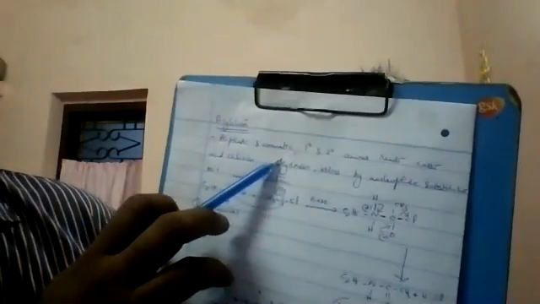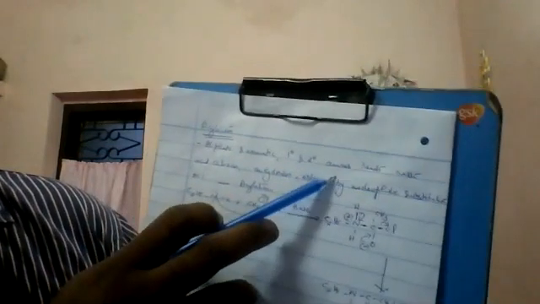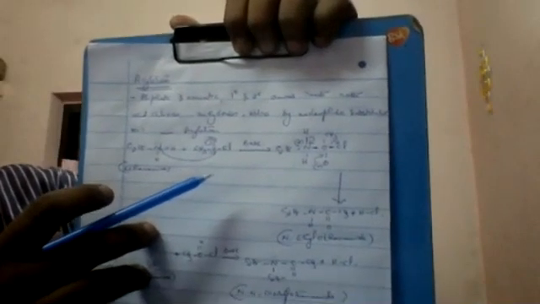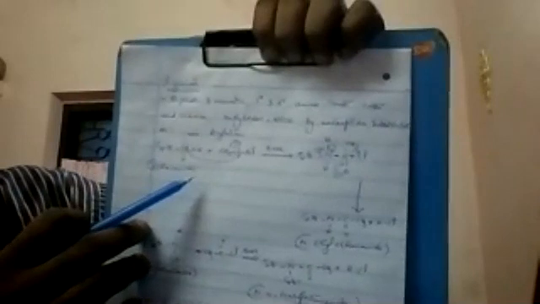Aliphatic and aromatic, primary amines and secondary amines react with acid chlorides, acid anhydrides, esters, etc. by nucleophilic substitution reaction. The reaction is called acylation reaction. Here there is replacement of hydrogen either from the NH2 or NH. The product obtained by acylation is called an amide. You know what an amide is? For example, CH3CONH2, acetamide.